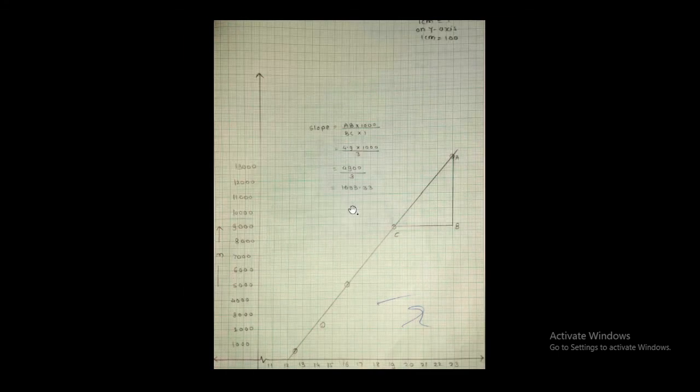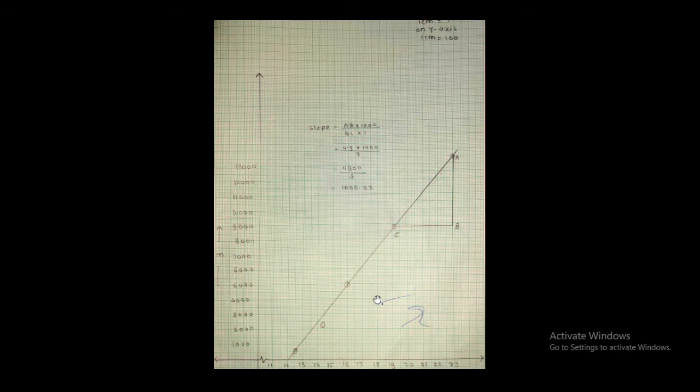Now proceed for the second part. Determination of eta by vertical oscillation, as I showed you in the first diagram. The first column of the observation table is the distance of each disc from the rod. Then I is equal to twice m dash a square, and time for 10 oscillations. And then we have to plot the graph of m versus T2 square. Then by using this slope, we calculate eta by the given formula, 16 pi square n R cube upon r fourth into slope, that is the calculation.